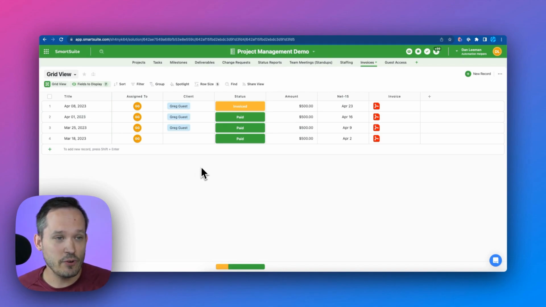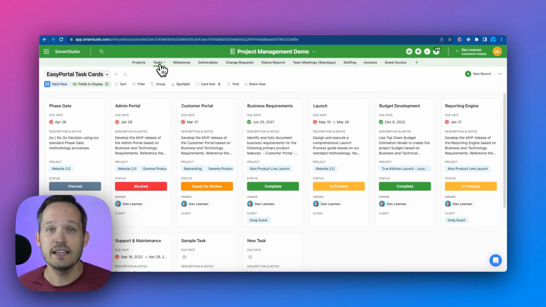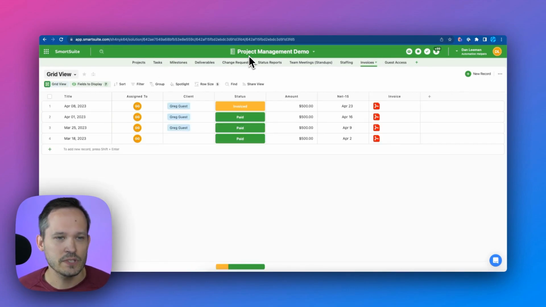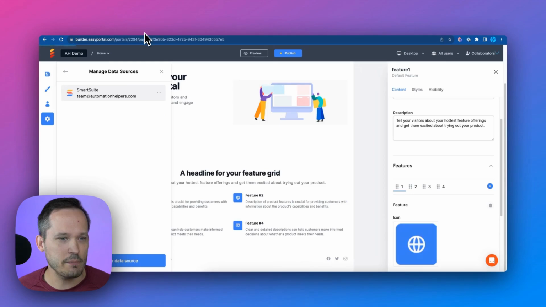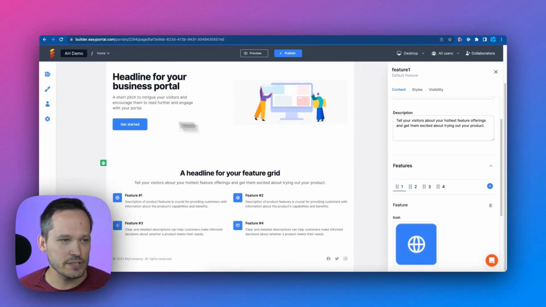I'm looking at invoices, and in addition to invoices, we'll also be taking a look at some tasks that we want to make available to our client to have some shared visibility around. So we're calling this our project management demo. Now, if I head back into EasyPortal, let's go ahead and create some pages so we can start to connect